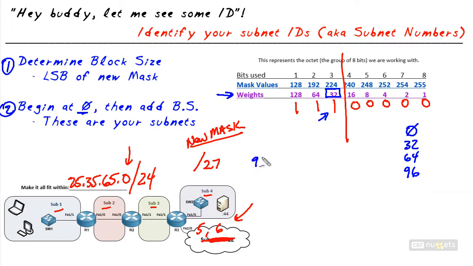And we can just add that up. 96 plus 32, that'd be 8. And that'd be 12, which is 128. When in doubt,